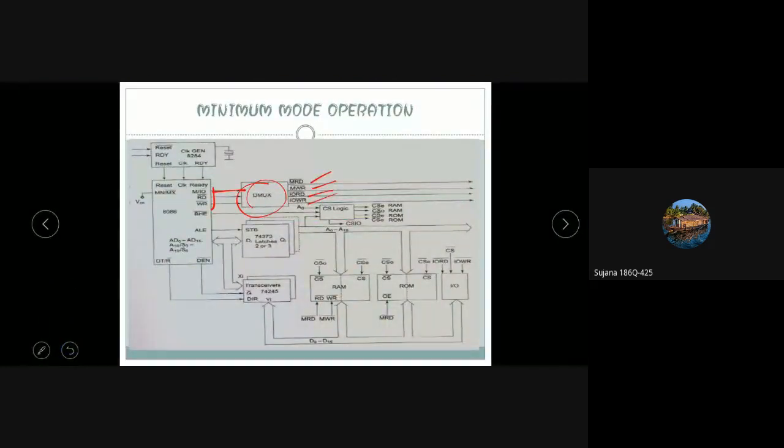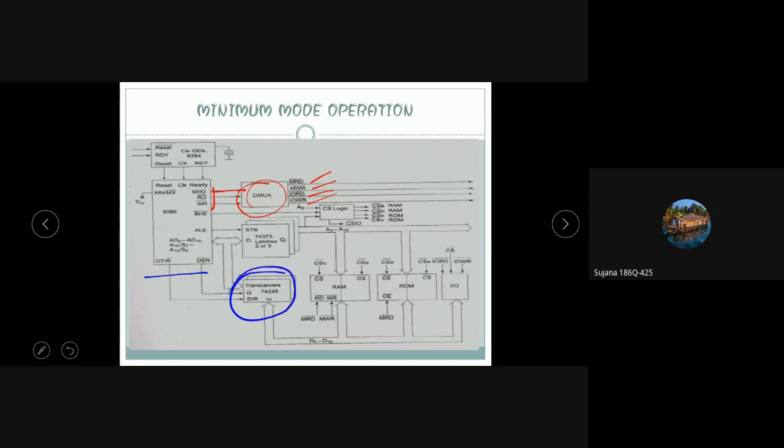So remaining times it will be inactive. So after time t2 only, read bar will be activated and the system will read the data and work on the data. That means it will understand the data which it has fetched. So here you have DEN bar and DT/R bar. So DEN and DT/R, these will provide